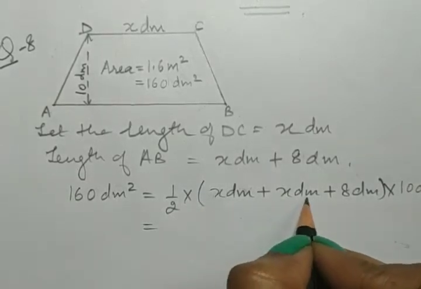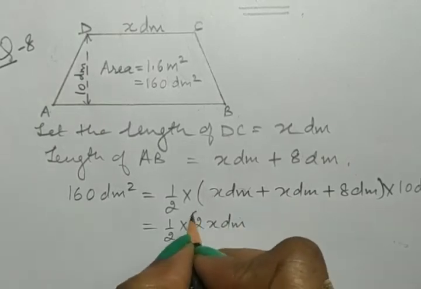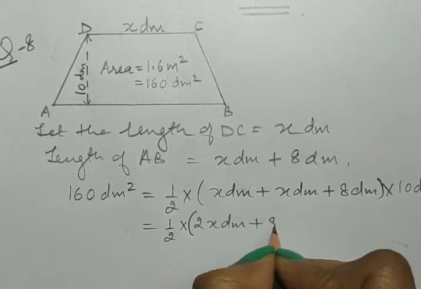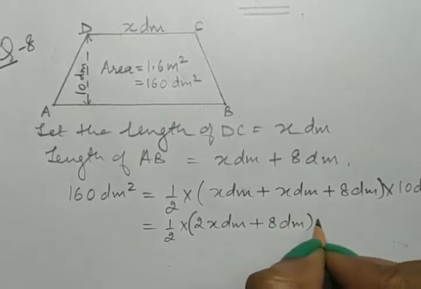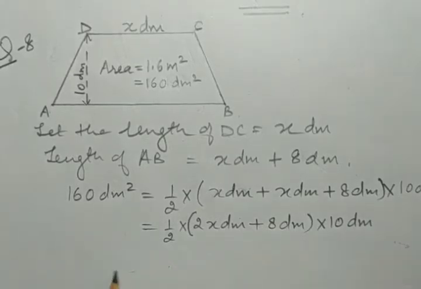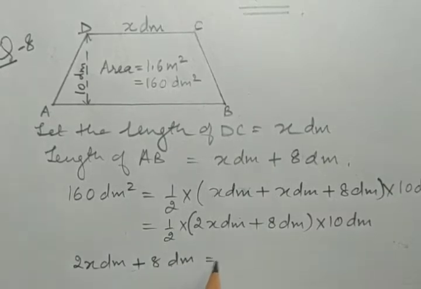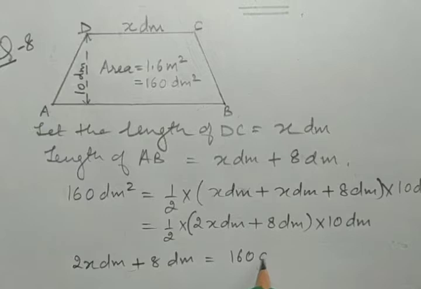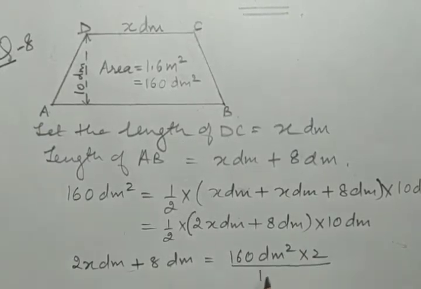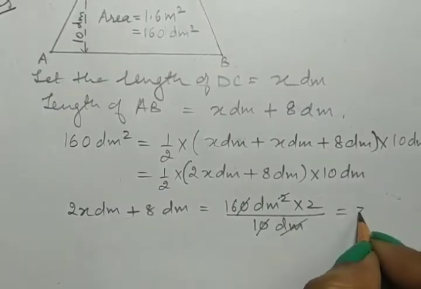X decimeter plus x decimeter, we get 2x decimeters plus 8 decimeters multiplied by 10 decimeter. Do the cross multiplication. So 2x decimeters plus 8 decimeters is equal to 160 decimeters square multiplied by 2 divided by 10 decimeters. So we are left with 32